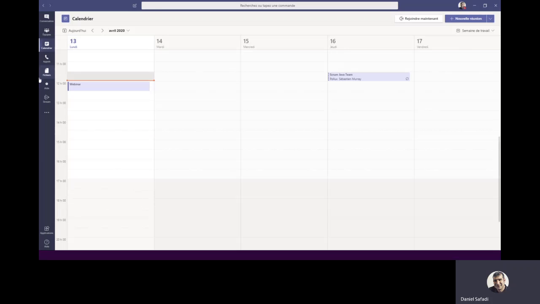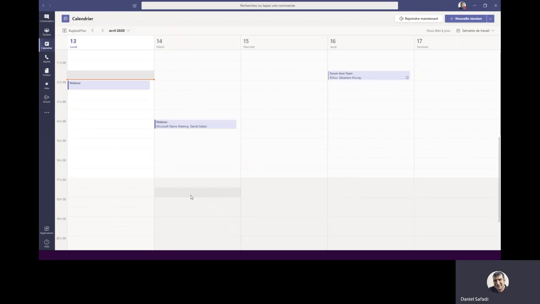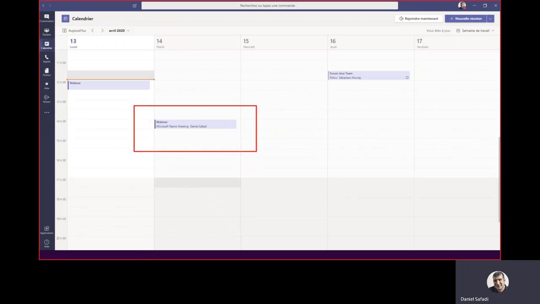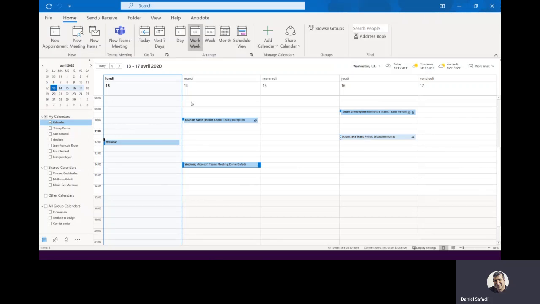Let's go in our Teams calendar. If I do a little refresh, as you can see, my meeting has now been added to not only my Teams calendar, but obviously it was also added to my Microsoft Outlook calendar at the same time. So